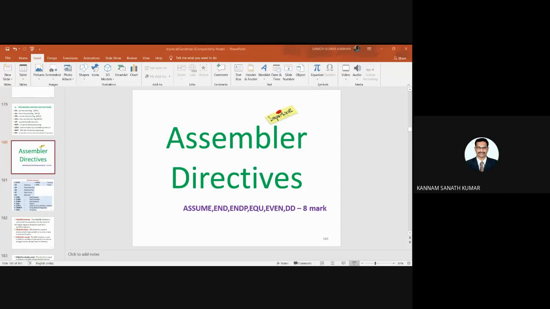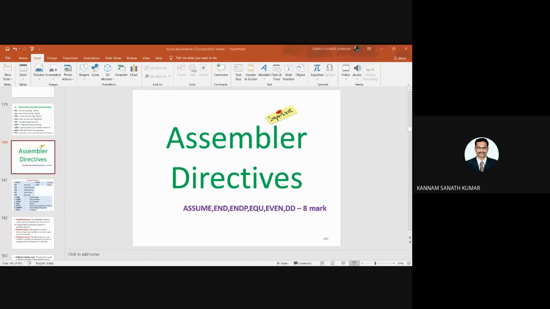Two bytes are one word. So define word is to define a variable of type word, or to reserve a storage location of type word in memory, which means it reserves 2 bytes in the memory location.